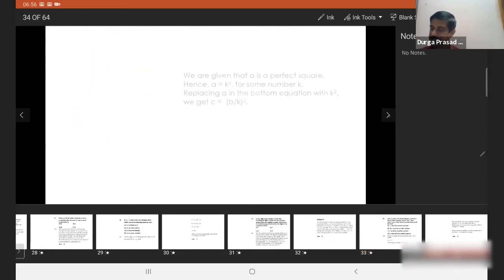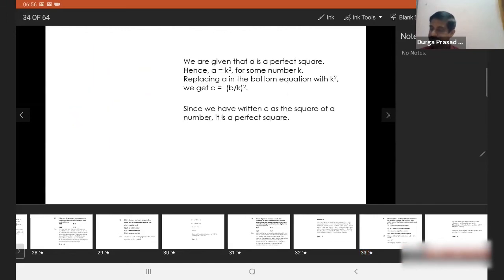Let us go to next page. Mathematically, you have B square equal to AC. Everywhere he moved around, C only. So C is B square by A. He said A is a perfect square, so A is given